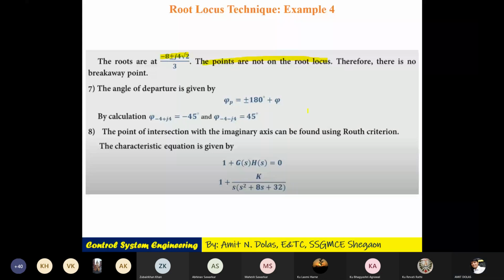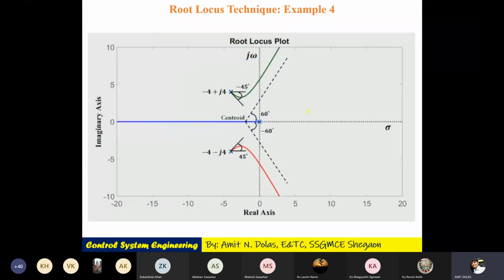Okay, where is the root locus? There is one pole here, s is equal to 0, and another pole is somewhere here, -4. So if I set a test point here somewhere and check the number of poles towards the right side, this is 1. 1 is odd. Again, I will mark a test point somewhere here, then again calculate the number of poles and zeros. There is one at -4 plus j4, another at -4 minus j4, and one at s is equal to 0.